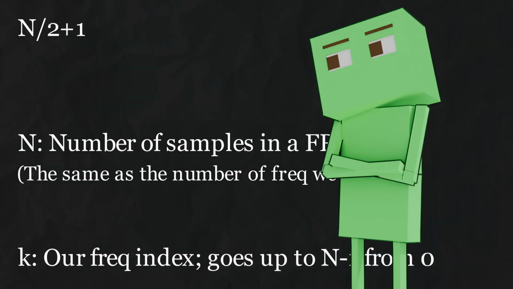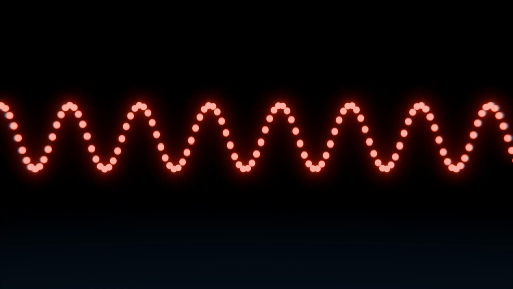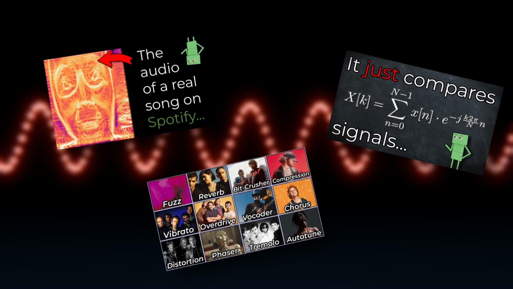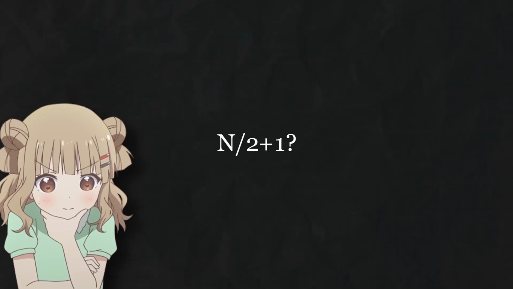If you're really new and don't even know what a sample is: every existing piece of audio that is brought into the digital realm is digitized by a discrete number of samples, and that's how audio is represented. You can check out any of these videos I've made for more information. But one thing they don't cover is why we only do N divided by 2 plus 1 frequencies